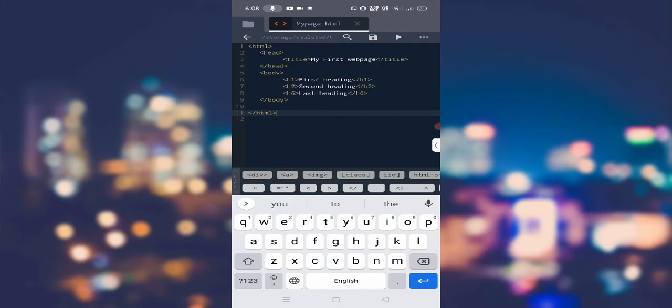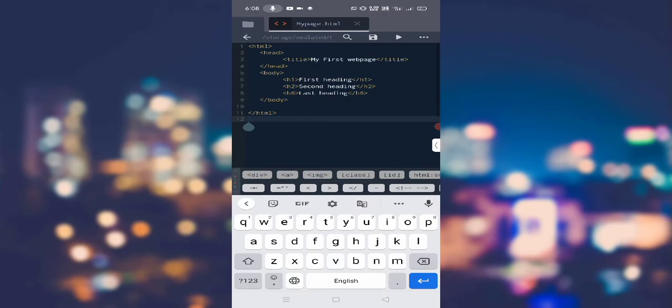Now you can see within the HTML tag there are two sections. One is the head section. You can check the second line and the fourth line. The second line is the opening tag for head, and the fourth line is the closing tag for head. This section contains information about your HTML document, like the title of the web page and the version of the HTML. So that is the first section, the head section.